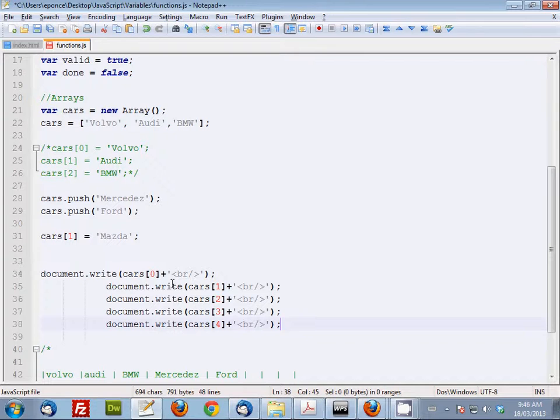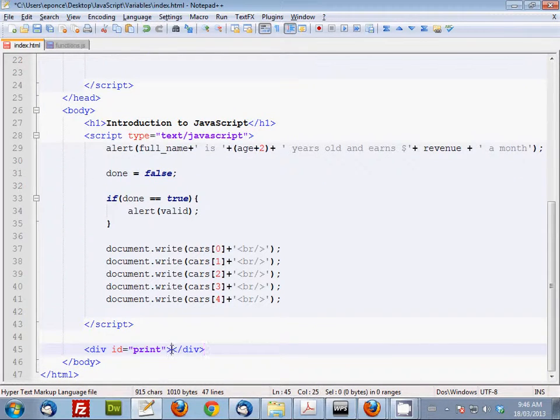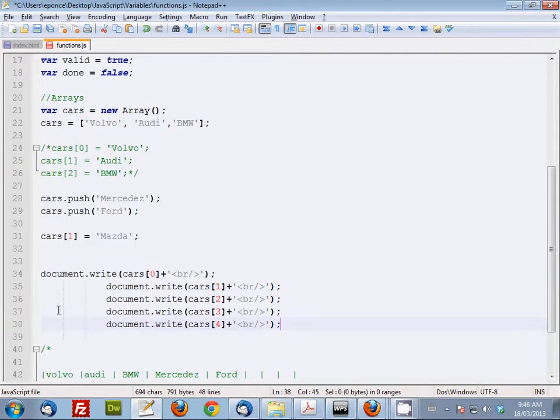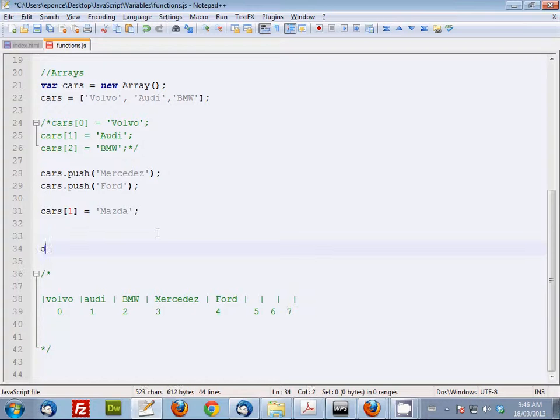You can specify it by creating an element. I'm going to create an element here, a division with ID print. Okay, I have a division with ID print. Now I can go to my external file. I don't need this. And I can say document dot get element by ID print dot inner HTML equals to